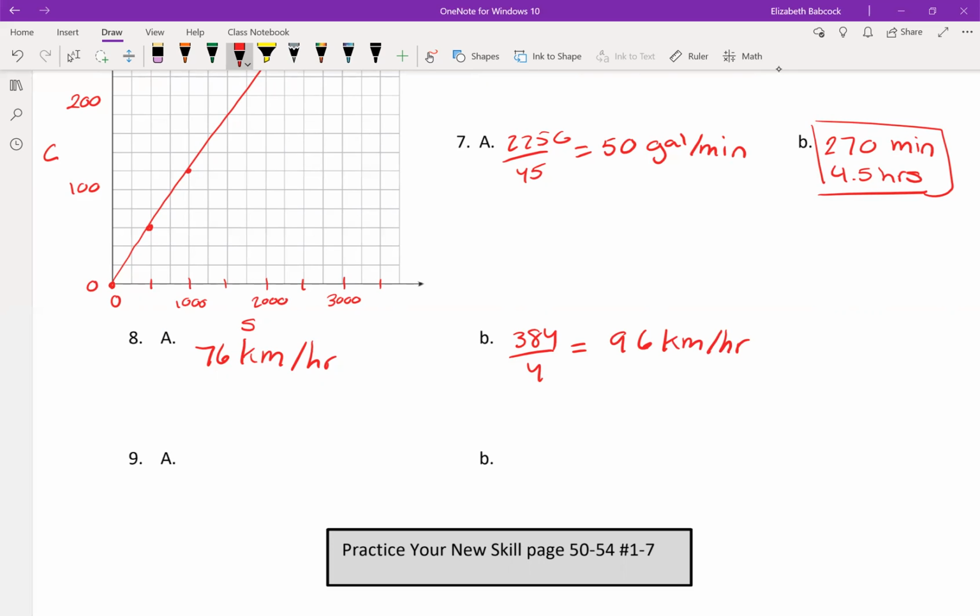If you don't have 9 done, pause the video, get it done, come back. Okay, 9 is Miriam is reading a book at a rate of 0.6 pages per minute. How long will it take her to read an entire 321-page book? 3, 2, 1. That's a funky number to be in here. Times 0.6. It will take her